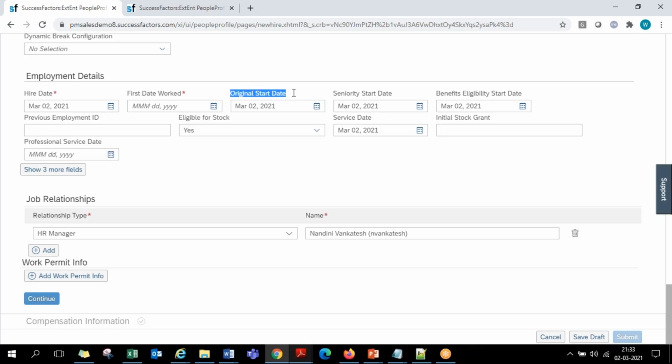They are required to capture multiple things. The actual hire date is as per the records from which date we are going to pay him. Then there is the actual date he landed in the country, and the date from which he started working. The first 15 days might be his training period, and he's actually deployed into the work projects after 15 days. They want to capture even that. So like this, they want to capture different fields, and this employment details area will be useful.